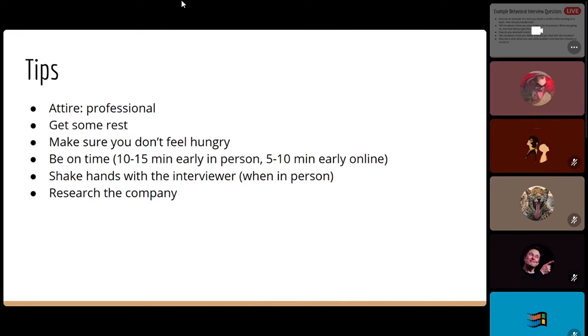Make sure you smell good. Don't go to the company interview smelling like you just came from practice or something. Gym socks. Make sure you take a shower and know what the company's product is.